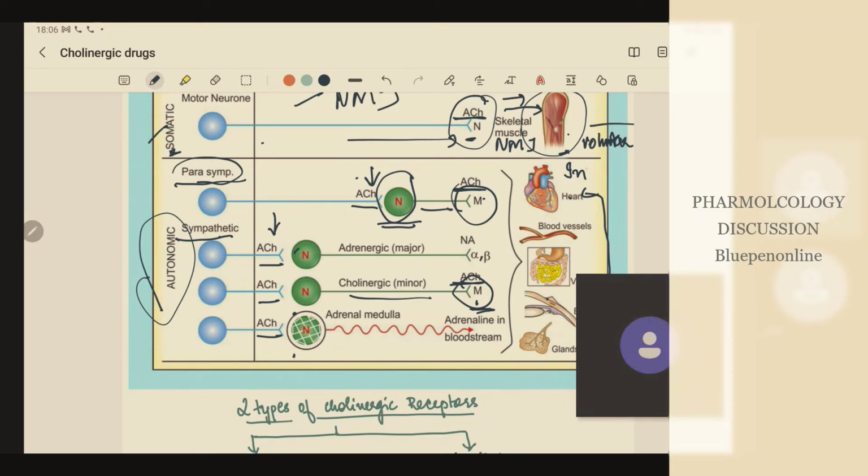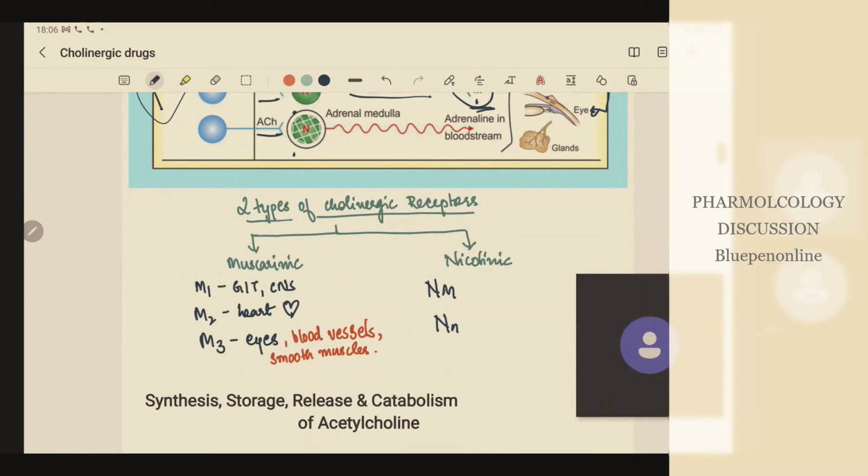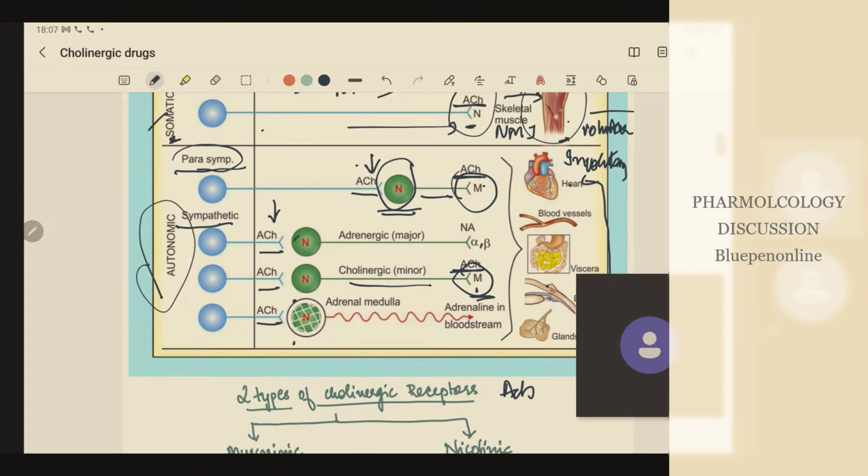But these two are involuntary. So that is why it is important to know. So, cholinergic receptors: where all does acetylcholine act? Those receptors are divided into muscarinic and nicotinic. Like we saw just now,